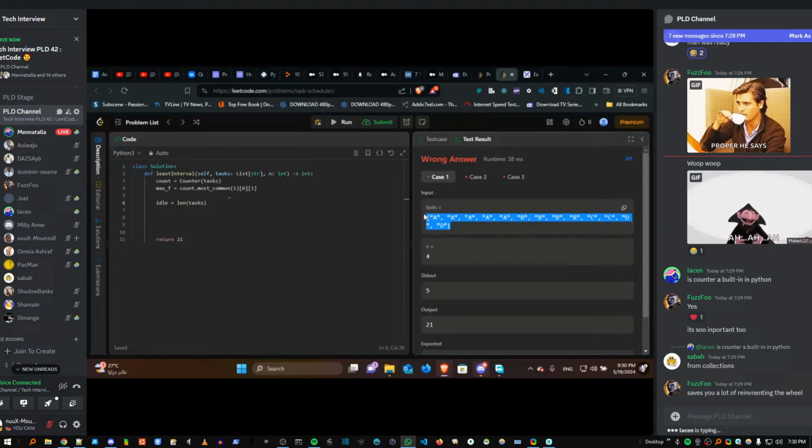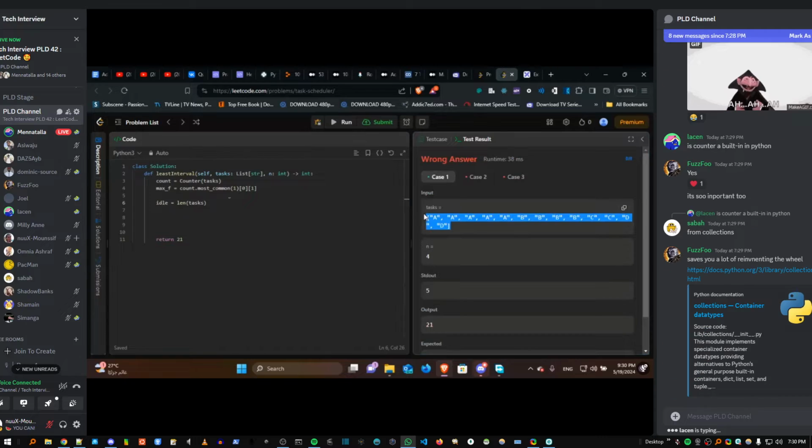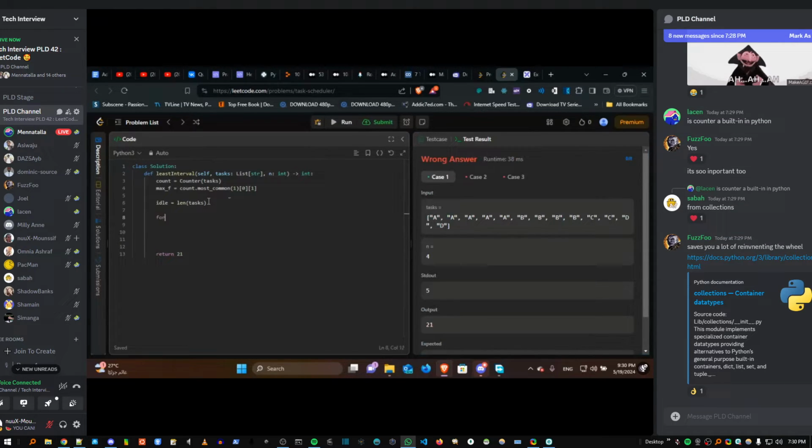I will not take less time to finish all the tasks than the whole tasks. So I will need to at least have the len tasks. And then for i in range max f minus 1,